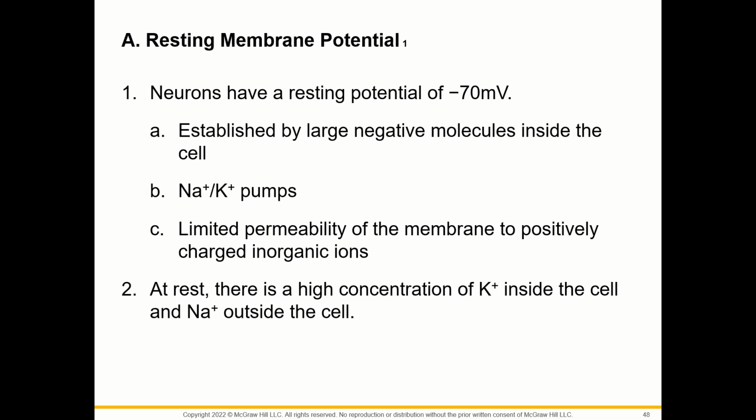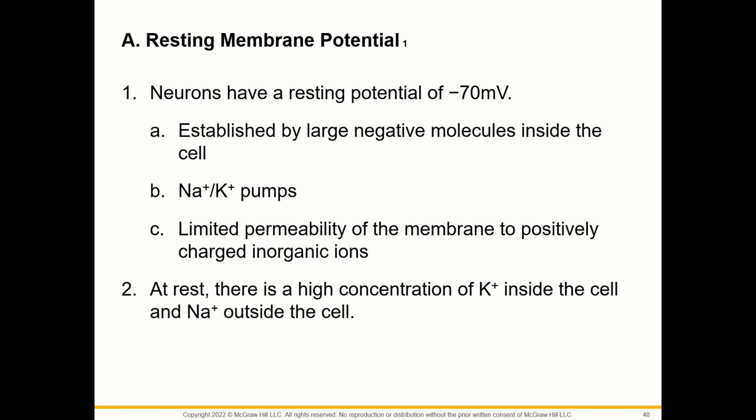All right, so as far as the resting membrane potential goes, neurons have a resting potential of negative 70 millivolts. And this is established by large negative molecules inside the cell, the sodium-potassium pumps, and the limited permeability of the membrane to positively charged inorganic ions. At rest, there is a high concentration of potassium inside the cell and a high concentration of sodium outside the